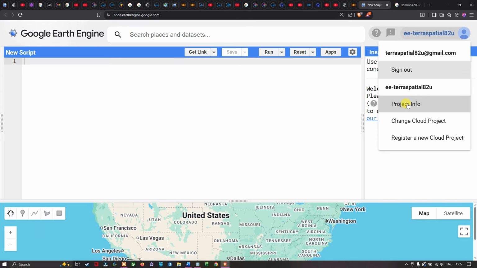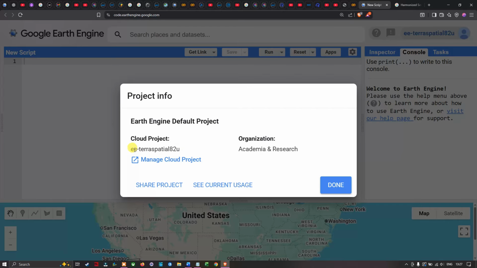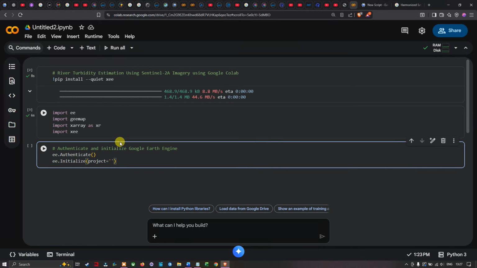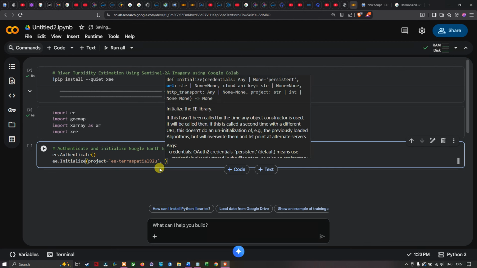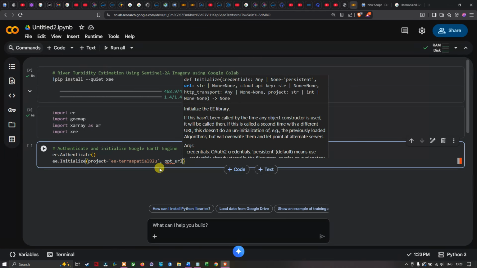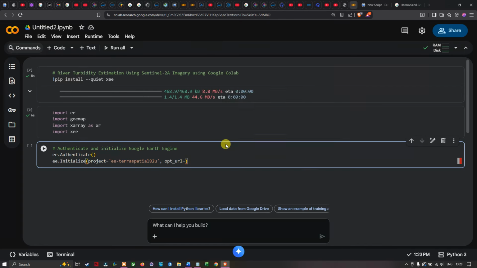And here, I'm going to copy this particular one called the cloud project, that is Earth Engine Terraspatial E2A2U. So we're going to copy it, and let me navigate to my Google Colab, and I'm going to paste it inside here, Control V. And the next step, I'm going to add a comma here, and here I'm going to mention the option URL equals to, and mention a single quote here, and I'm going to copy and paste this